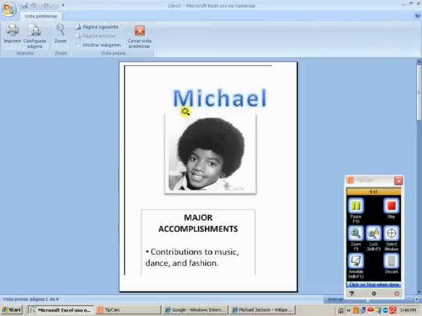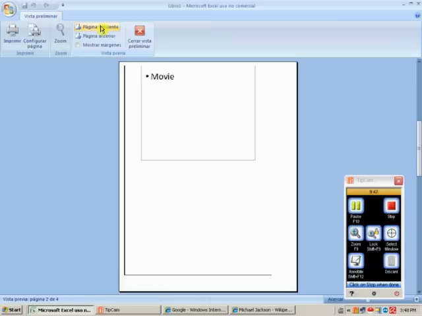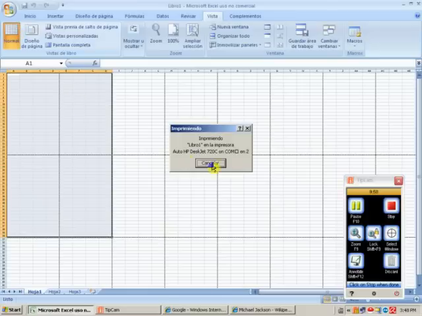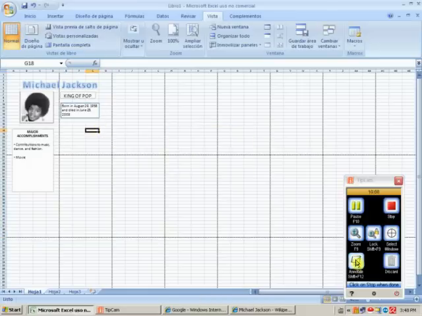Now you go to Vista Previa, and now you can see the 4 sheets of paper we are going to print. Siguiente, siguiente, and siguiente. Okay? Now, then just click on imprimir, make sure your printer's ready, and make that print version of your poster. Okay, hope